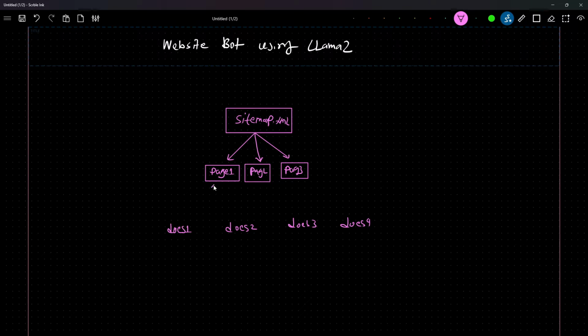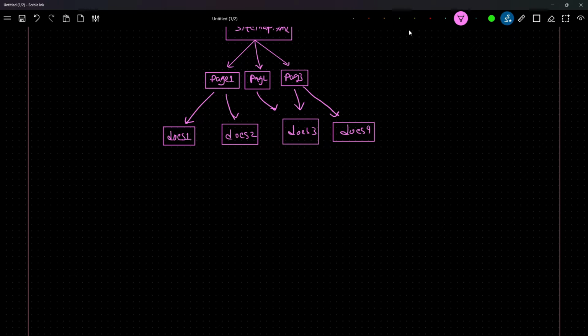Now it will return me that documentation, like all the page content. Once I get all the content, here let me write, we are just extracting text. And after getting all the text, I will use my embedding API,